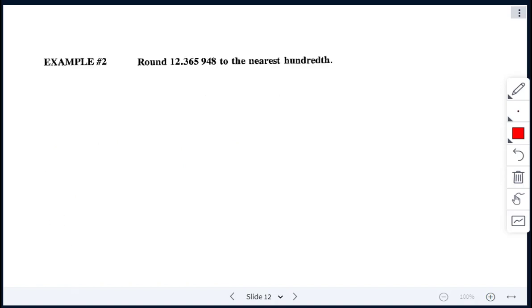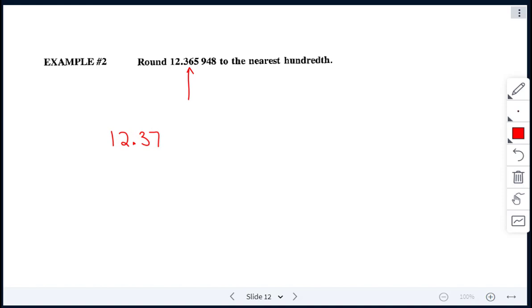So our next example, we have 12.365948, and we just need to round to the nearest hundredth. So find your hundredths position, so that's tenths. The 6 here is in the hundredths position. Look to the right, it's a 5. So the rule is, if it's 5 or greater, we would round up. So therefore, the rounded would be 12.37. Don't forget to include all the other digits. There's still the 3 here in the tenths position, and then we have that 7 that we just rounded up